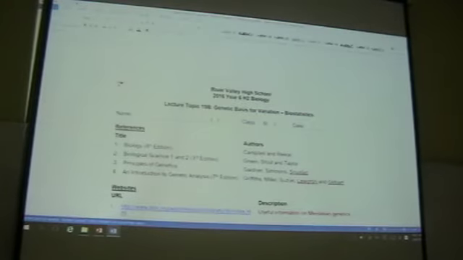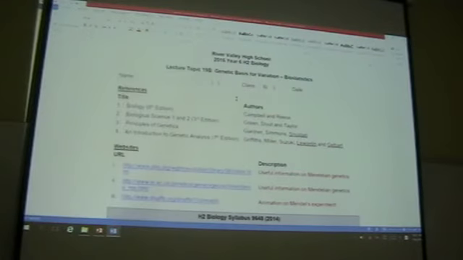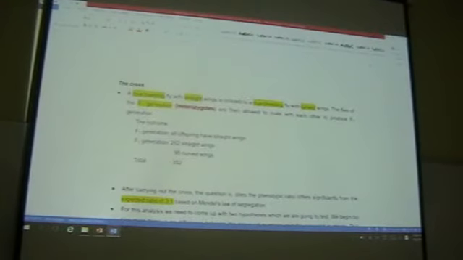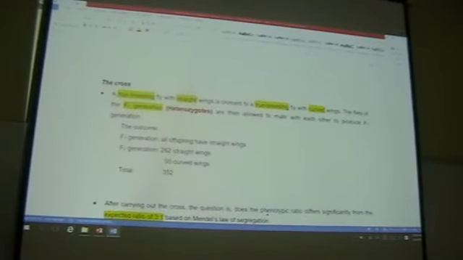If you're wondering whether this is tested, it is, because this biostats is part of genetic basis for variation. So this is tested during the mid-year exam. Page 3 will bring you to this. Let's go through the case study together. Like I said, your genetics needs to be strong.